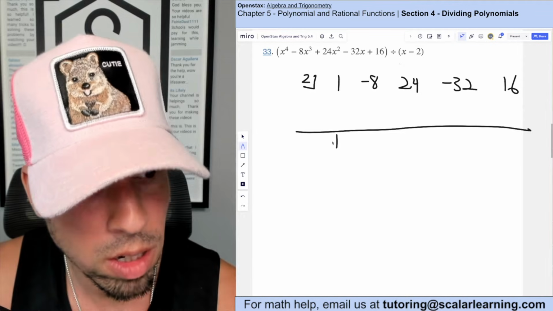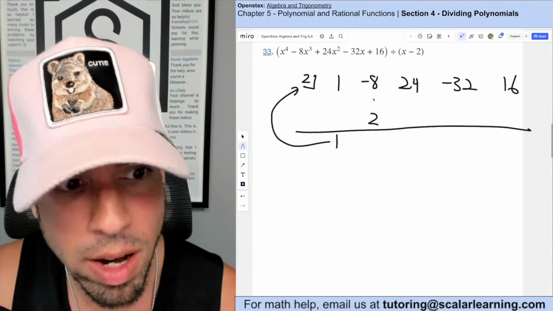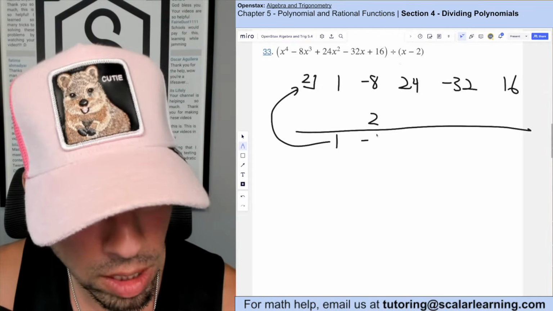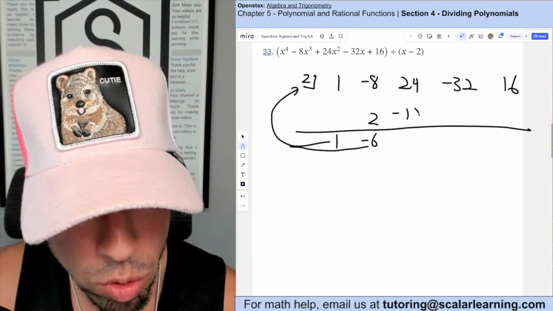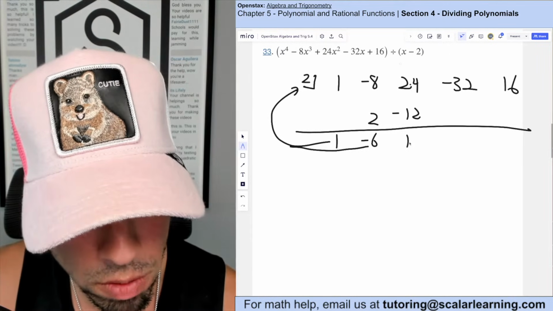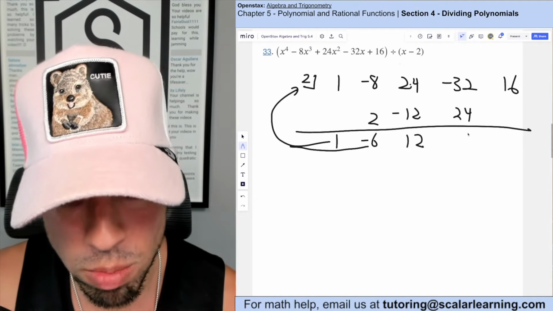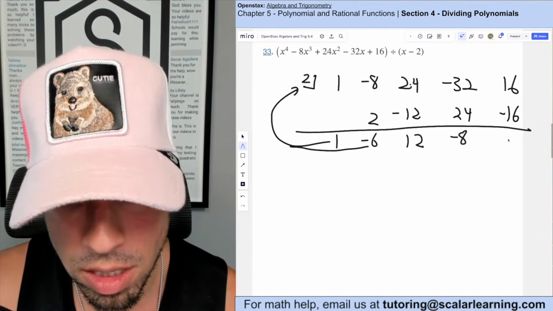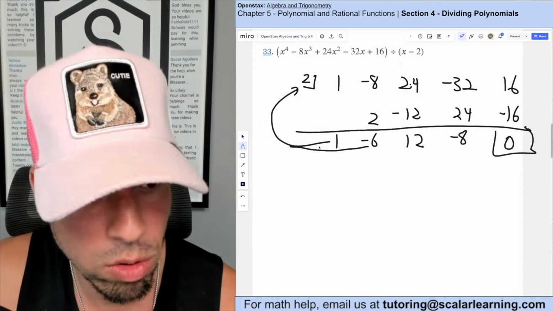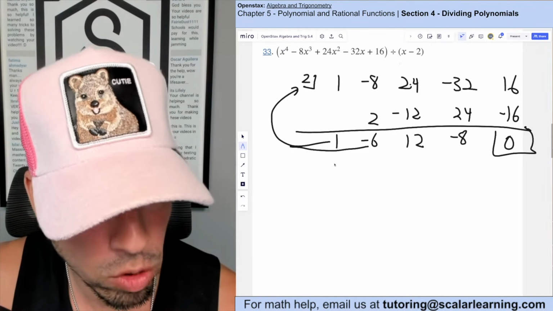First, drop the 1, then multiply against that box number, which is 1 times 2, which is 2. Add. -8 plus 2 is -6. Again, multiply against 2. -6 times 2 is -12. Add 24 plus -12, that's 12. Times again 2, which is 24. -32 plus 24 is -8. Again, times 2 is -16. And look at that, we get a remainder of 0, which means our resultant polynomial is, after the division, 1x